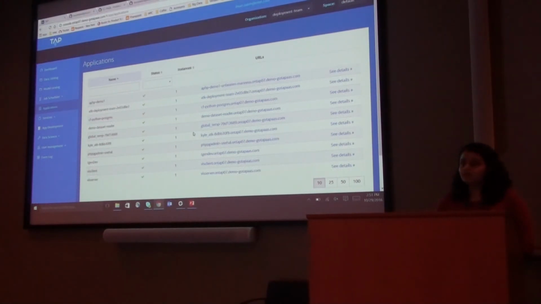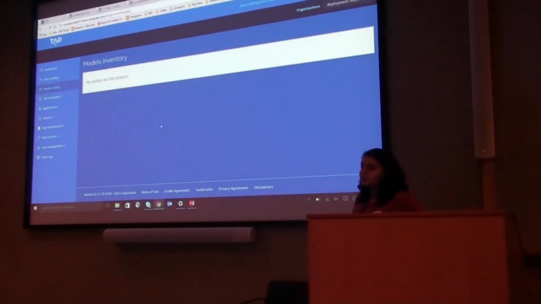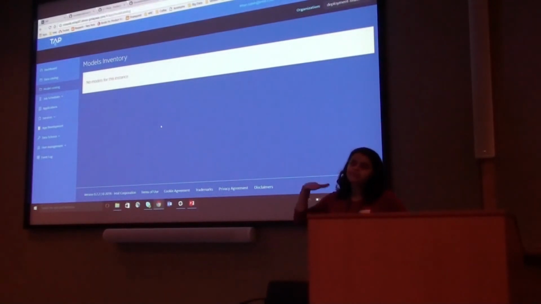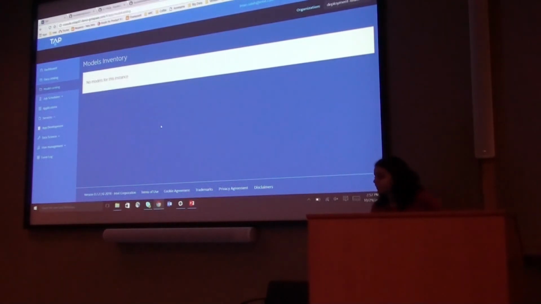What we're working on, this is the current version. What we're working on is a model catalog. It's empty for now. But you'll have a way to, for a specific model, have all kinds of related files, and you have some kind of versioning. So you can say,